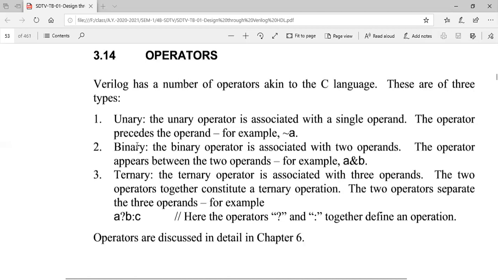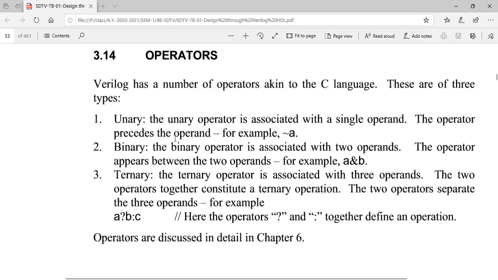The operator precedes the operand. Here A is the operand and this symbol is the operator. Here the operator precedes the operand in the unary.